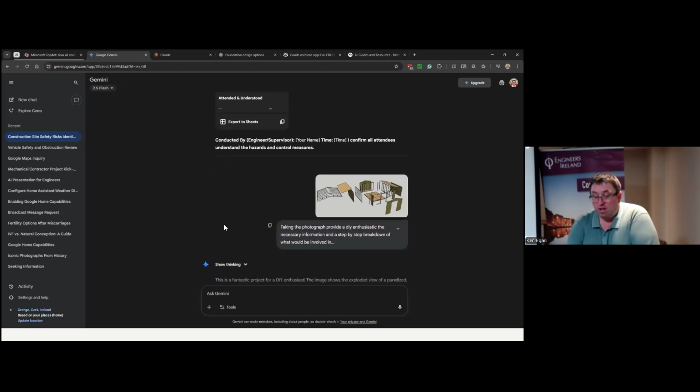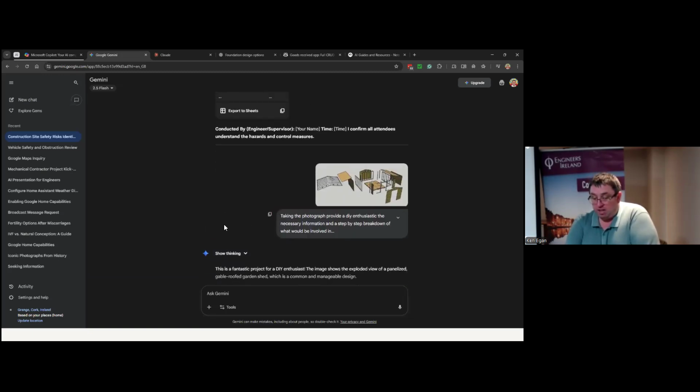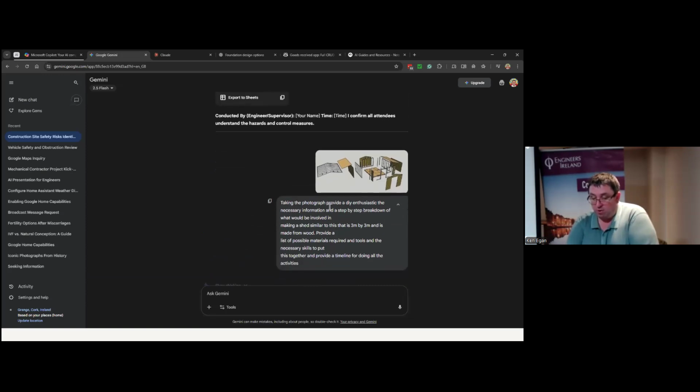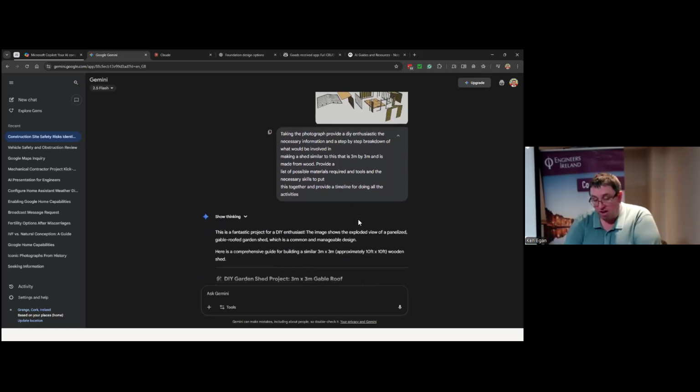That's one. I've done another example here where I took an image of a shed, just an idea. I'm taking a photograph, provide a DIY enthusiast with necessary information, step by step, for breaking down what would be involved in making a shed similar to this, give it some dimensions, the whole lot.